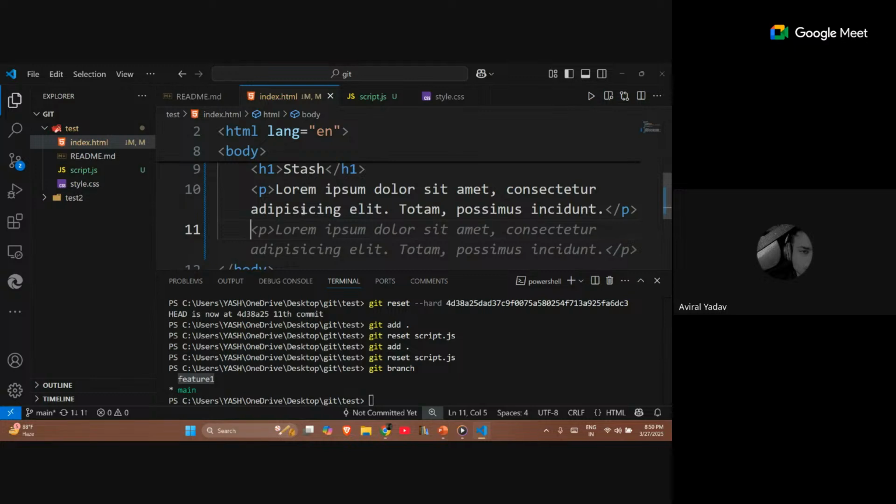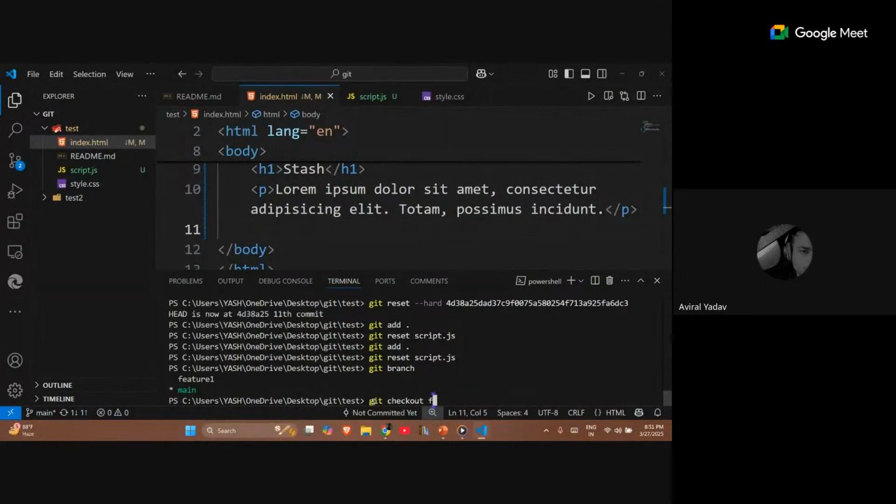Let's say this was not as simple as HTML code, but some complex machine learning program, and I'm not very sure if I want to add this code to my repository or not. And my friend working on the feature one branch calls me, having created a good amount of database, and wants me to check if everything is all right. If I currently try to switch between these branches, if I just check out feature,